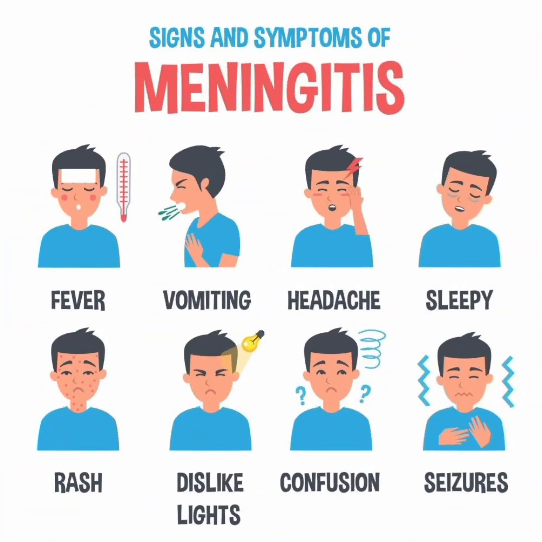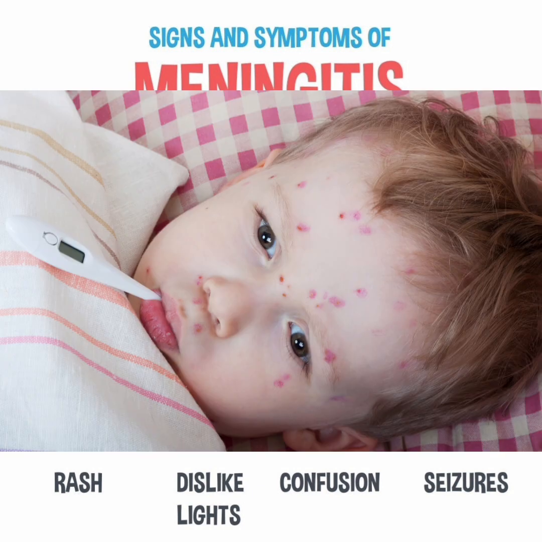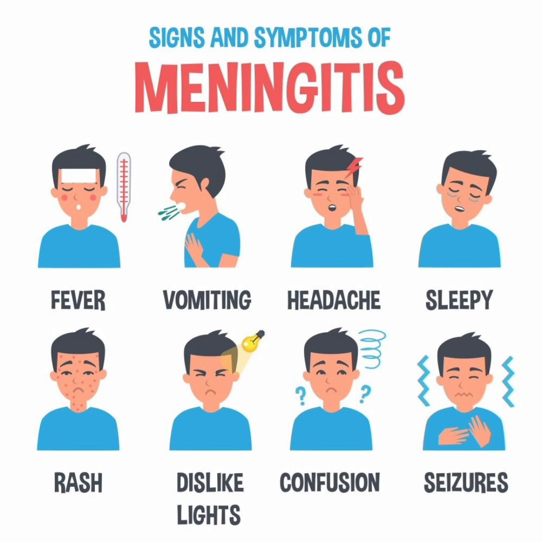Let us look at the signs and symptoms of meningitis. You can see fever, that is when the temperature is high, vomiting, the headache is serious, sleepiness, especially in children. The rash is very important, like the one in the picture that we are seeing. Then there is that dislike for lights, confusion, seriously, cannot think straight, and there is that problem of seizure as well. Seizure, by seizure, you talk of epilepsy display, and you also have stiff neck at times, and bent knees, difficulty around the waist regions, and many others.